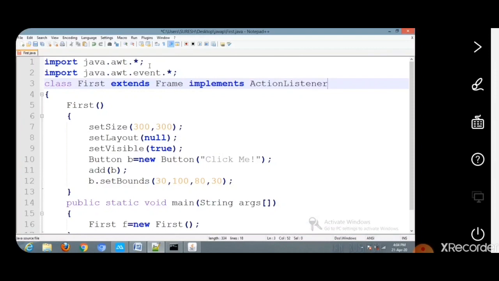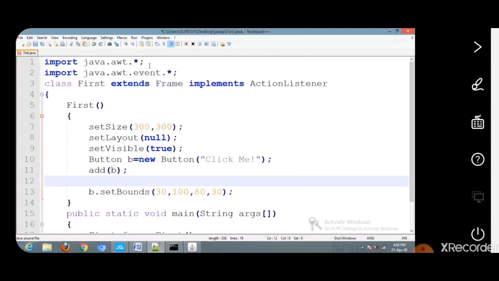Okay, ActionListener. Then when we click the button, it should perform the event according to what we are going to define in this function.